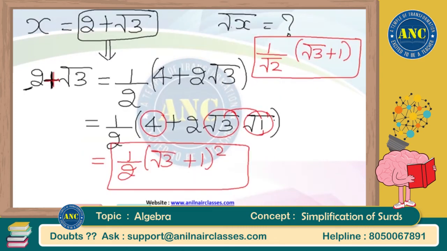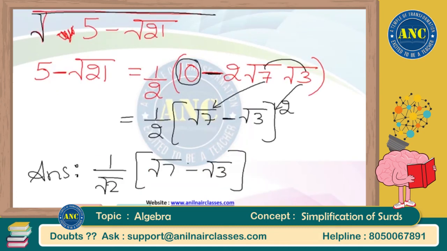Similarly, next question. So this is 3 plus 1, which is nothing but 4. Directly you have root 3, root 1. Plus is there, put down plus here also. Similarly here also, 7 plus 3 is 10. Directly you have 10 here. Root 7, root 3, minus is there in between, put down minus.